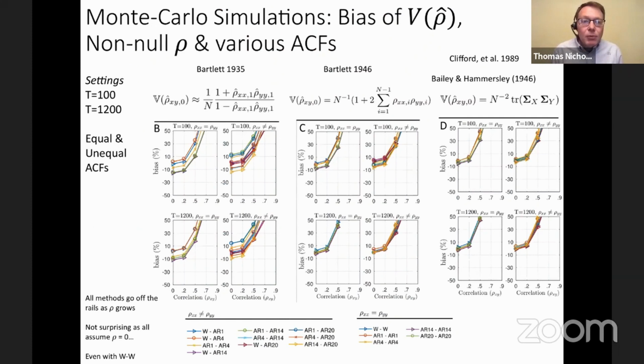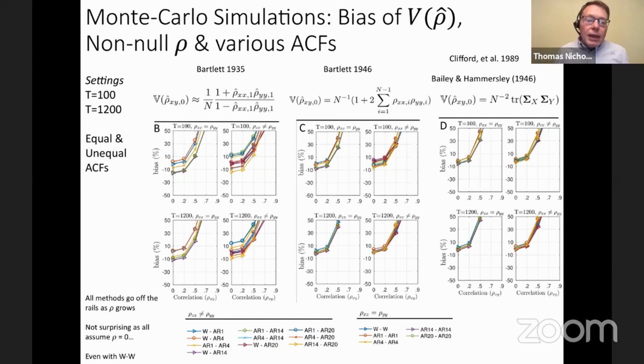So we did ample Monte-Carlo simulations over a range of settings, evaluating the existing methods that are in the literature, as well as our method, and focusing on the bias and the variance of the sample correlation. Again, Fisher's is really kind of irrelevant here because you just slap on the delta method variance transformation. So we did it both ways. Basically, the story is the same. So I'll just focus on the variance of